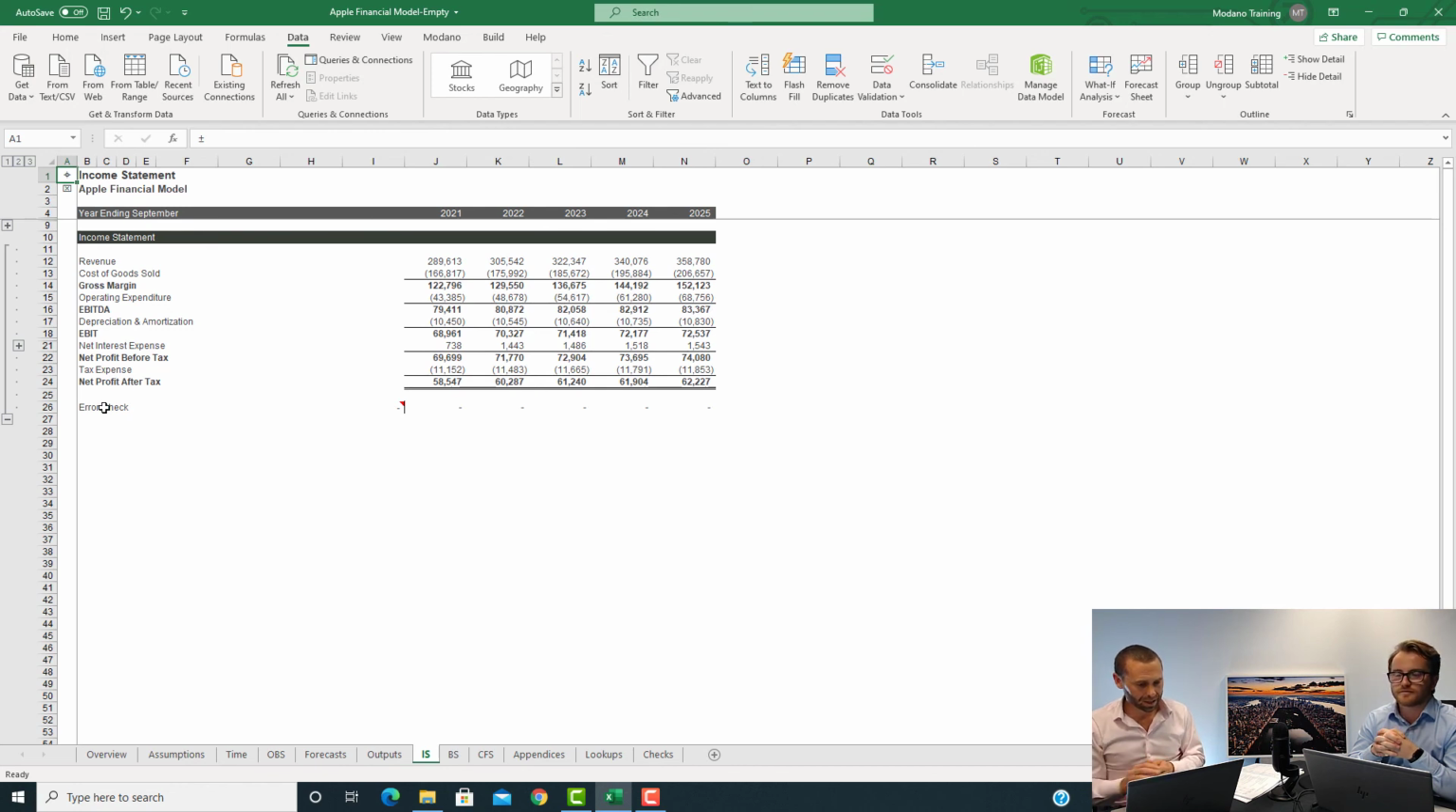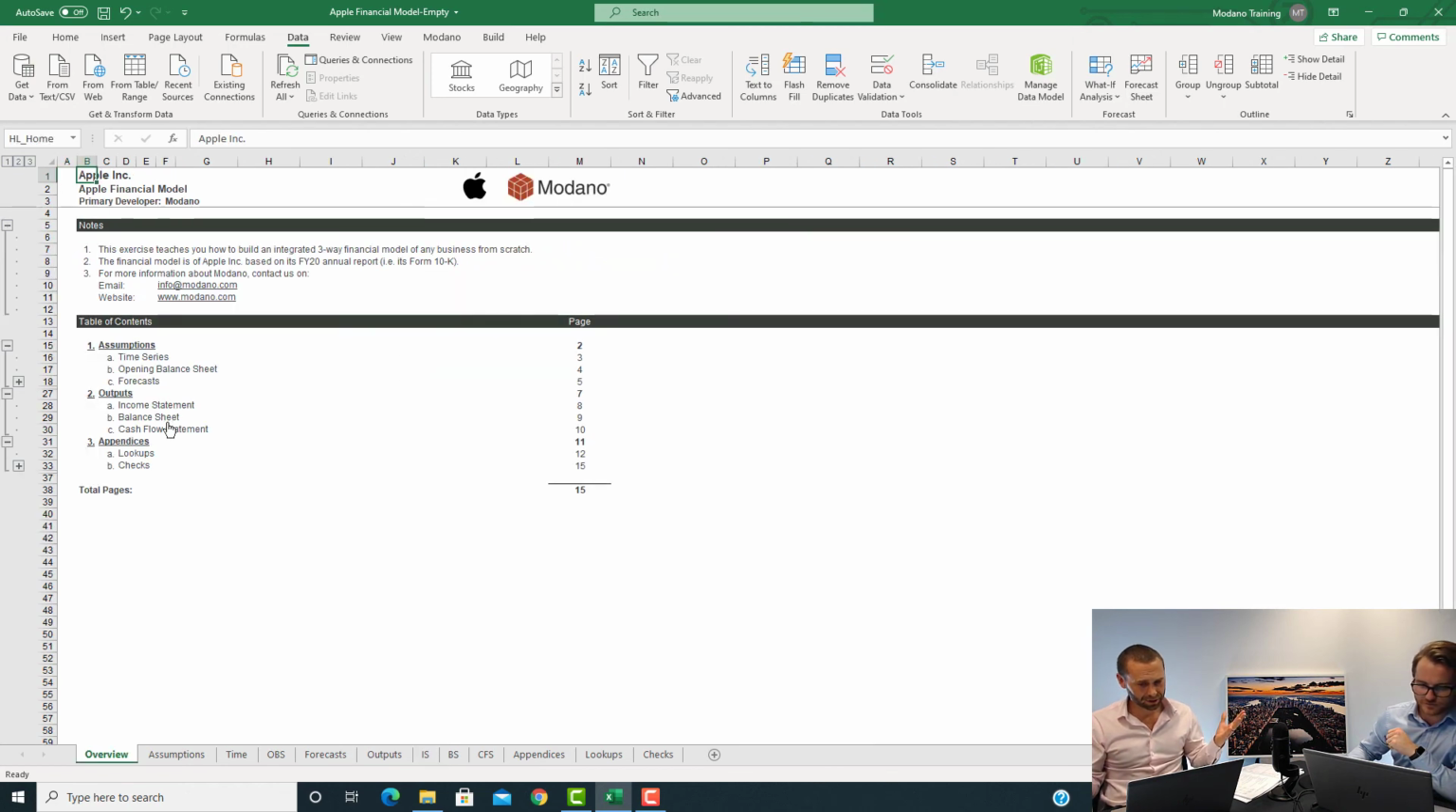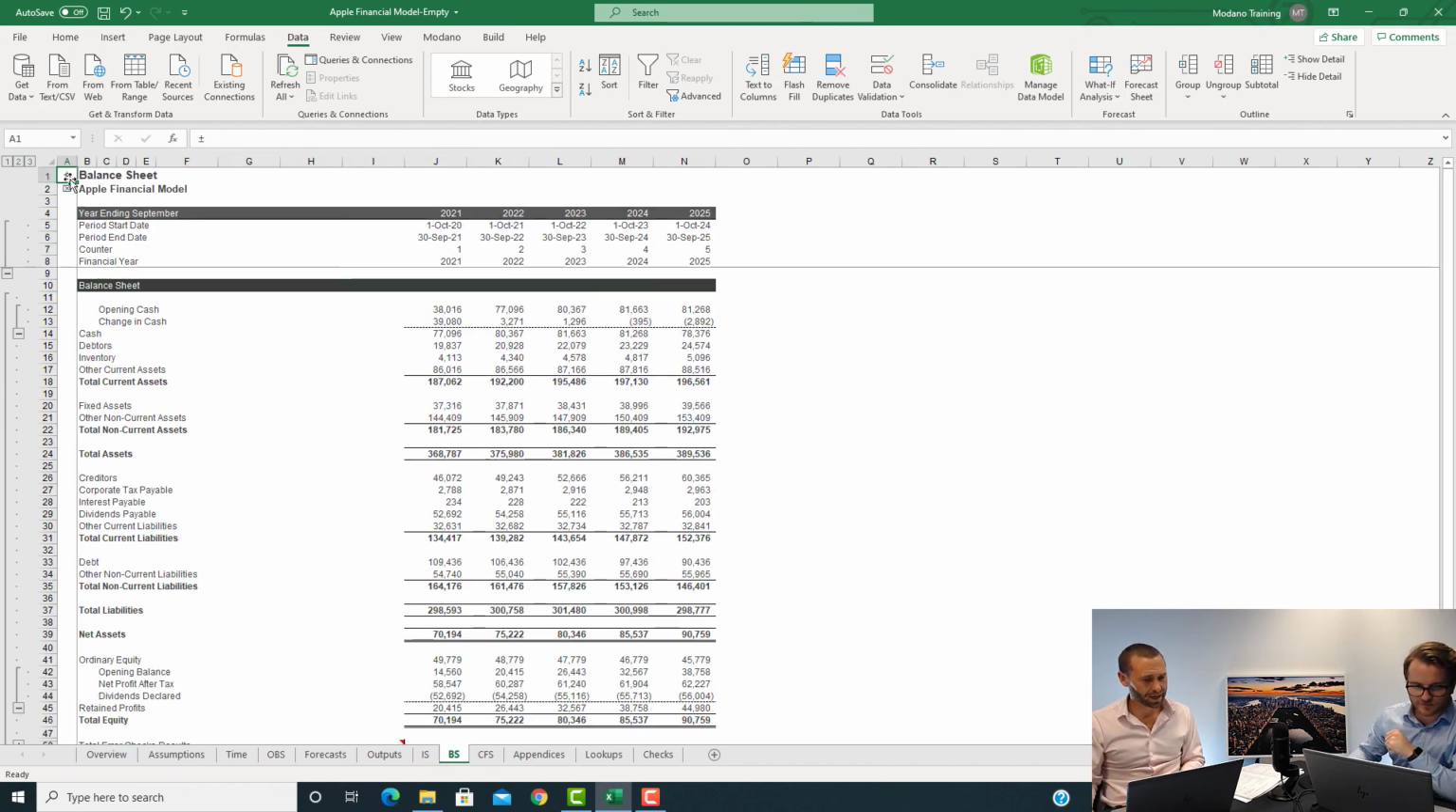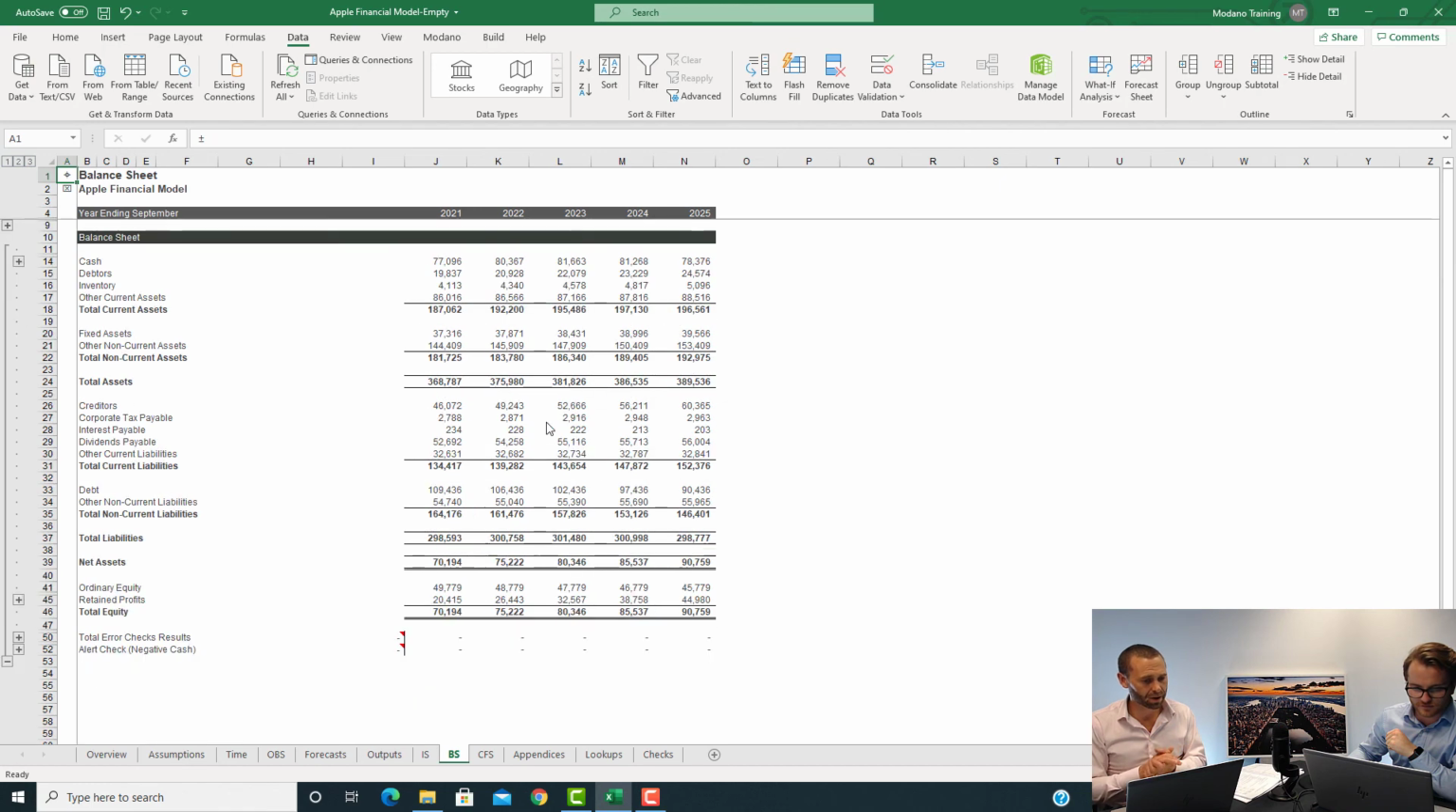So our income statement should have net profit after tax going from 58,547 increasing to 62,227. Perfect. That is it. Go to our balance sheet, which we know balances because the error check isn't triggered. And we're forecasting net assets of 7,194 in FY21, increasing to 9,759 in FY25. That's it. Okay, and that is, assuming you've made it this far, your first full integrated three-way financial